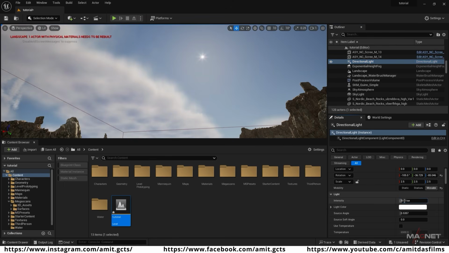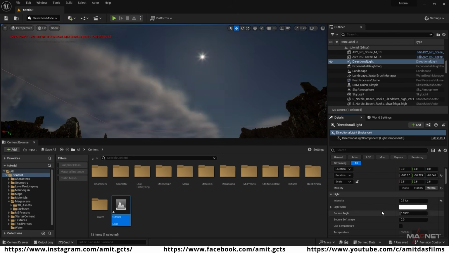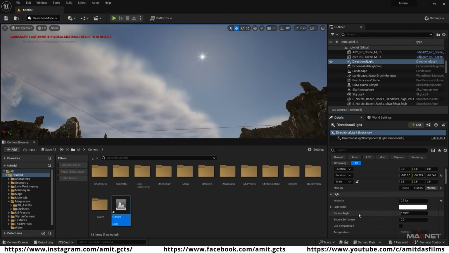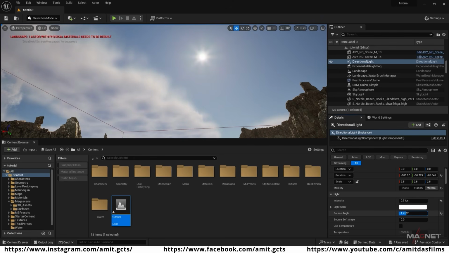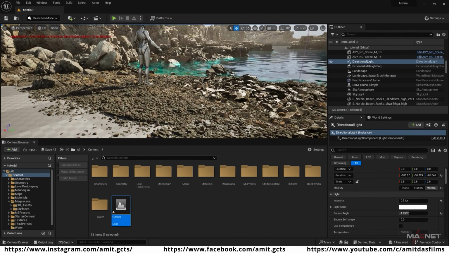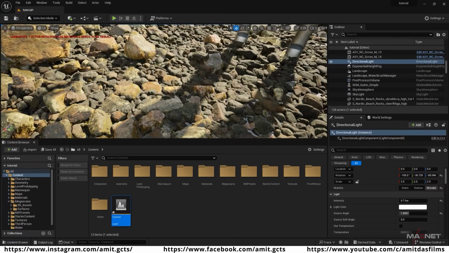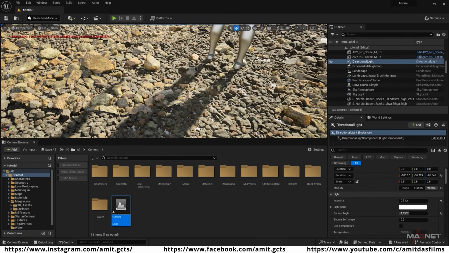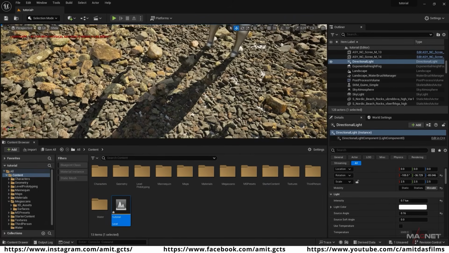First we go to its intensity, and we change this intensity to maybe 0.7 here. And also we go to the source angle. The source angle is basically the size of the sun. So if you increase the source angle, you can see that the size of the sun is increasing. And it is also beneficial for the shadows. So if you look into the shadow here, you can see that the shadow looks so much diffuse. But if you decrease the size of the sun, you can see that